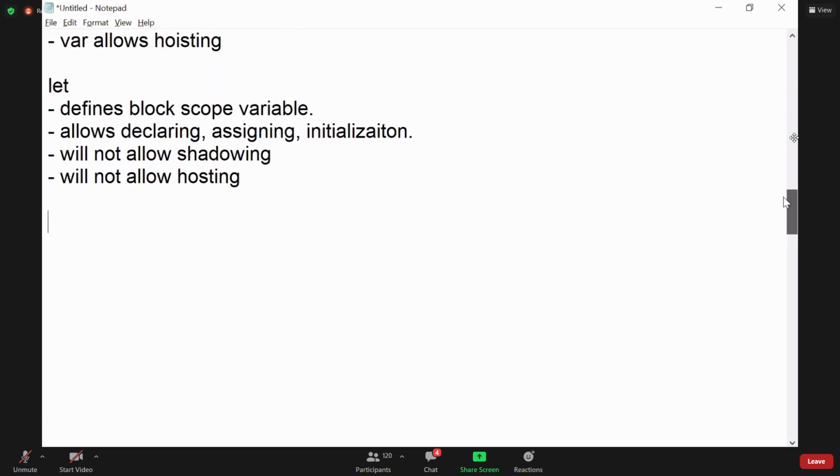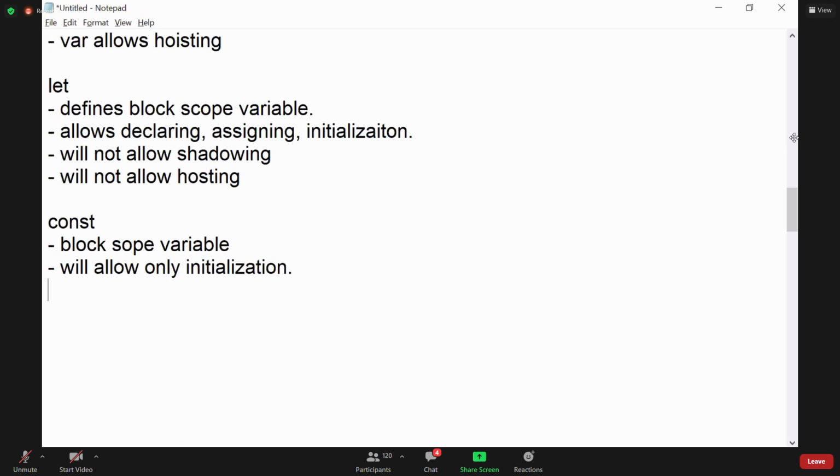Another important one, const also defines block scope only. It is a block scope variable, same as let, but very important, const will allow only initialization.